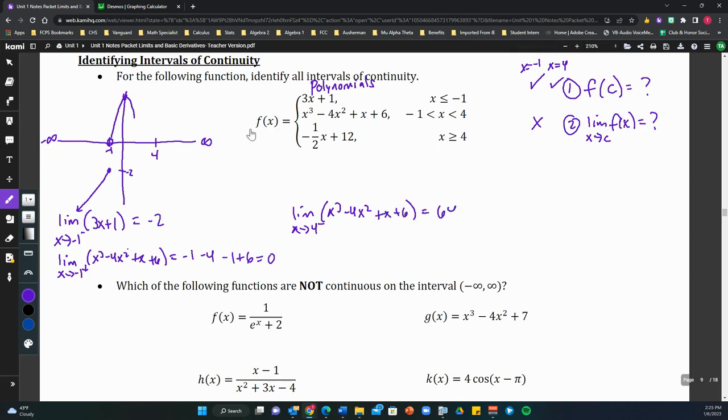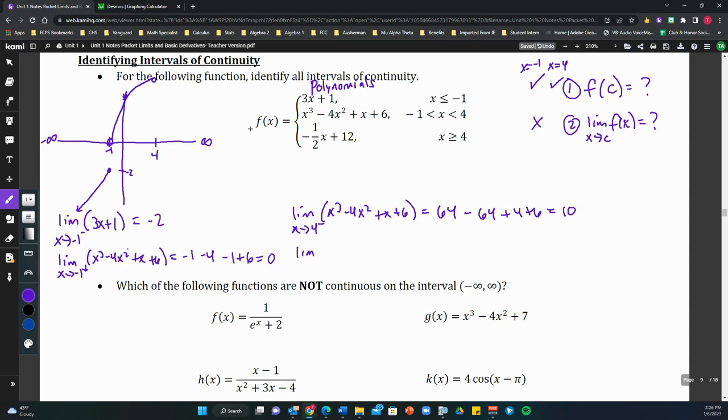So 4 cubed is 64, minus 4 times 4 squared, that's 64 plus 4 plus 6. So that gives me 10. So this function is approaching a y value of 10 from the left side. Let me fix this a little bit. It's probably going up something like that. Let's say 10 is right there, and I know it would be a hole because 4 is not actually included